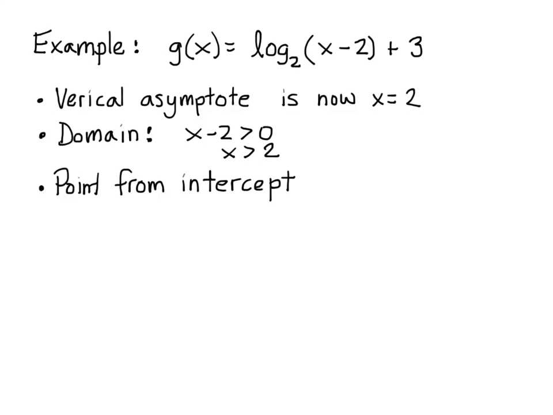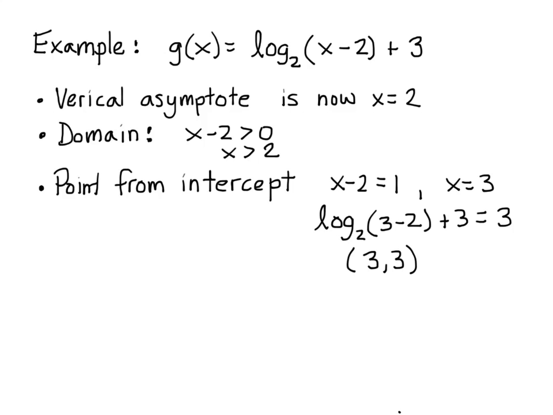Remember, to calculate the point from the intercept, we want to take the log of 1, right? And so what we really want to do is calculate, when does x minus 2 equal 1? Well, that's when x equals 3, right? So if I stick a 3 in here, I'm taking the log of 1, which is just 0. And so then y equals 0, and so we get the point